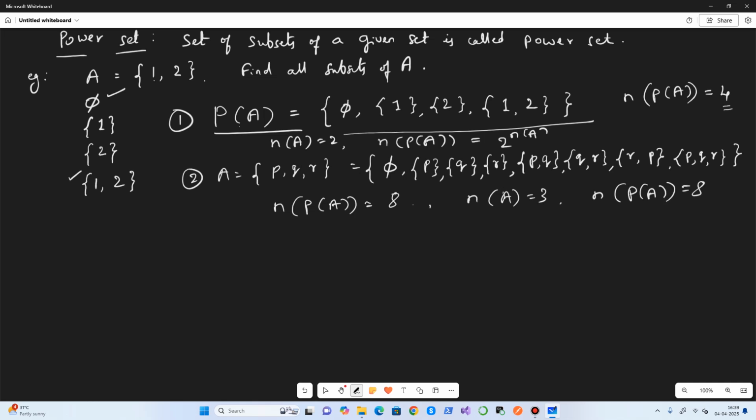So we have a relation between n(A) and n(P(A)): n(P(A)) is equal to 2 to the power of n(A). This is the general formula. The number of elements in a power set is equal to 2 to the power of the number of elements in the given set. So this is the power set.